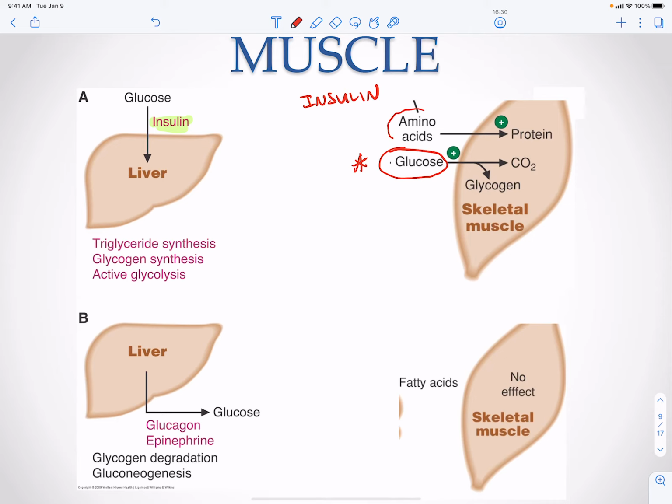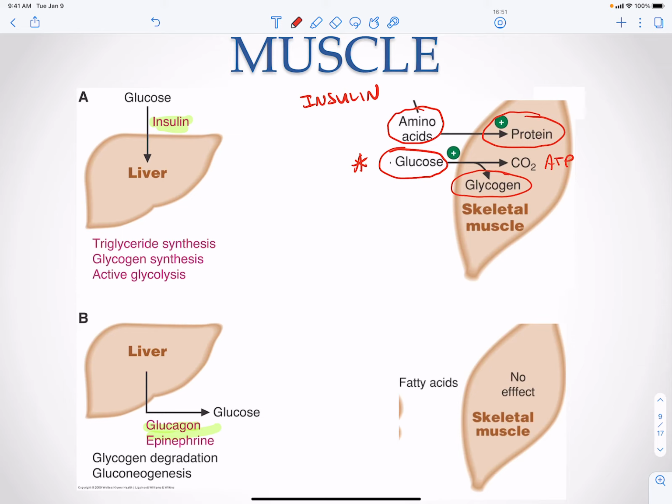Also, they can take up amino acids. They can basically take up whatever is around them. Now they're going to use their amino acids and they're going to make proteins. They're going to use the glucose and they're going to store it, or they're going to make ATP and make fuel. Now in the fasting stage where you have glucagon, or more glucagon,